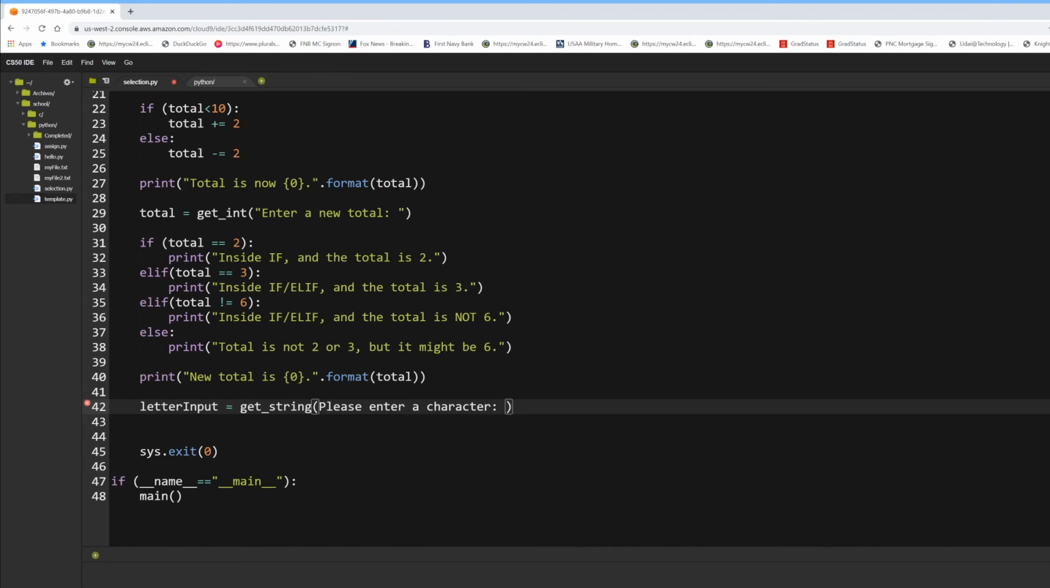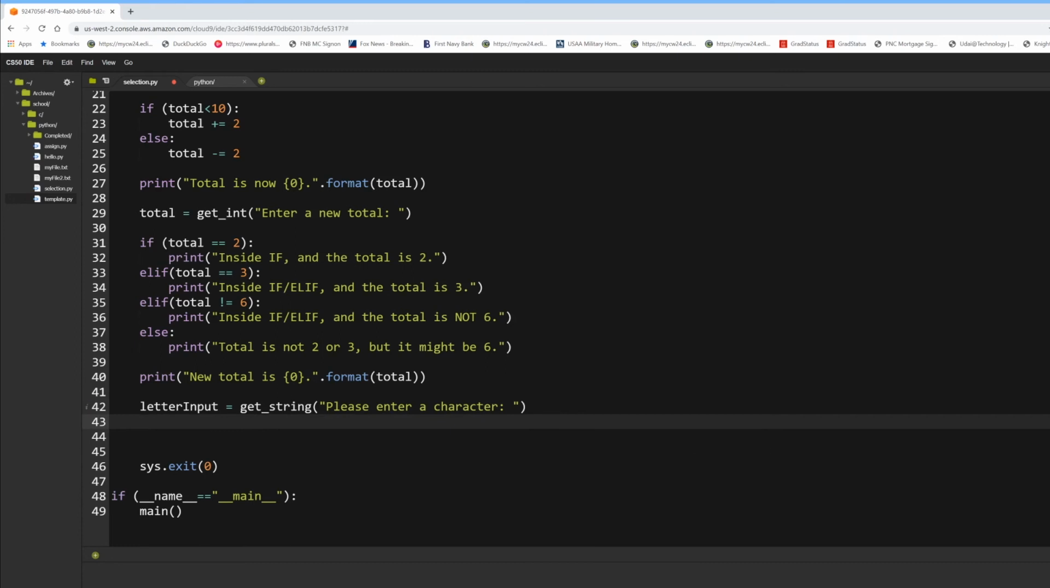Oops. Let's try that, putting that in quotes like we should. Please enter a character. All right, now I want to show you, I'm going to say print, quote, the character. Now let's just say the letter. The letter you entered was